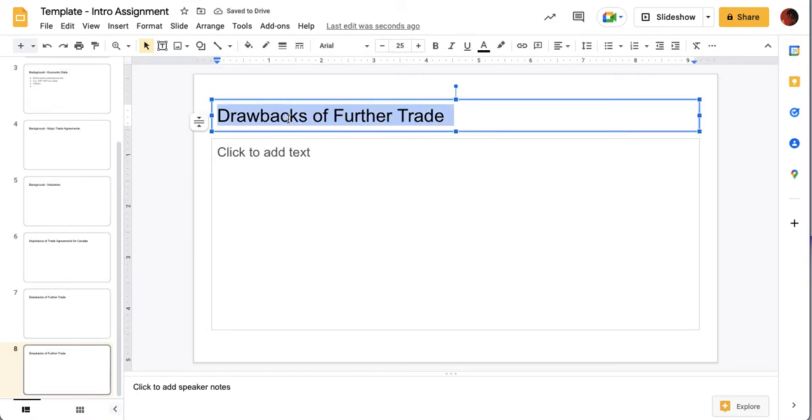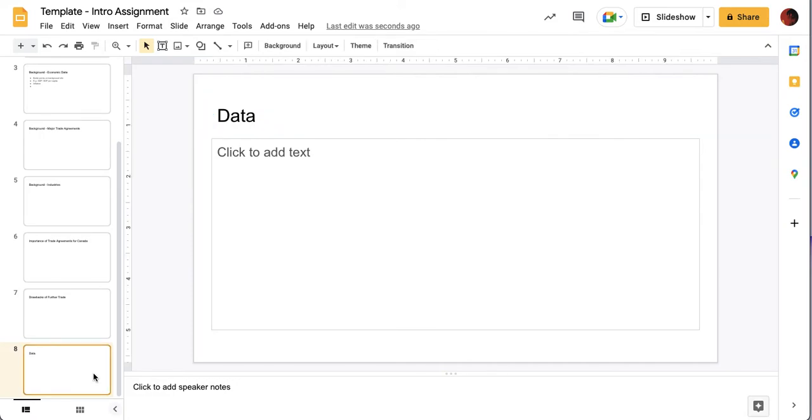And then I might do a slide on data that shows the various trade things that Canada does, and so on and so forth. So 3 to 4, 5 slides on my research. And then finally,